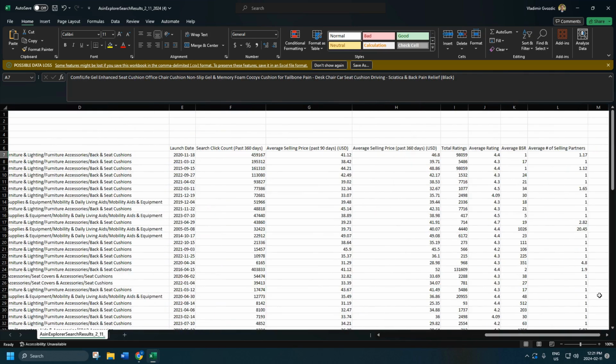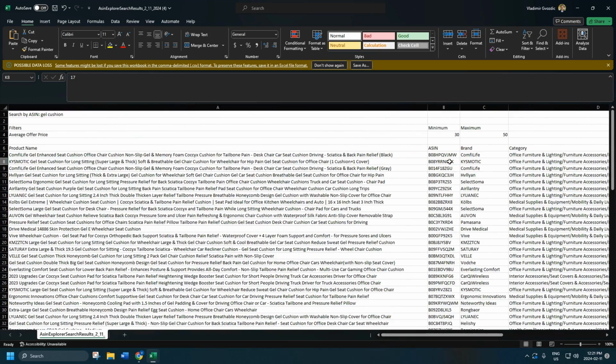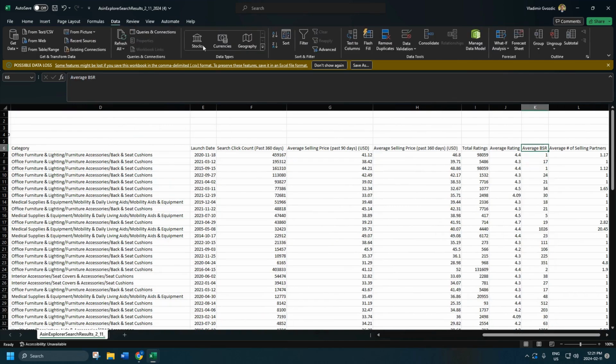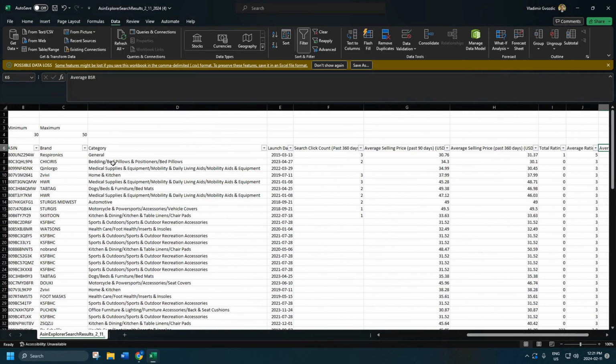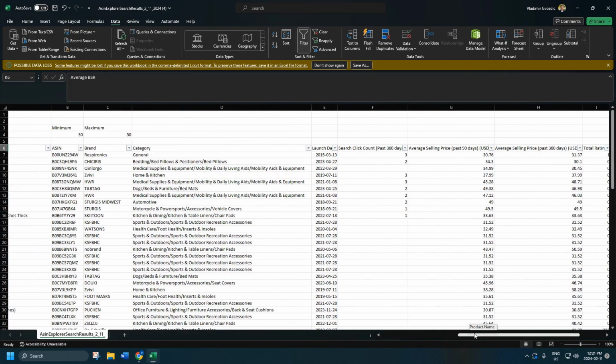for Gizmotic here. They're number 17. What I like to do when there's more than 100 products here, so more than 100 ASINs, is do this. But in this case, it doesn't matter too much, but I'll still show you why. So you do that. And then basically what you do here is